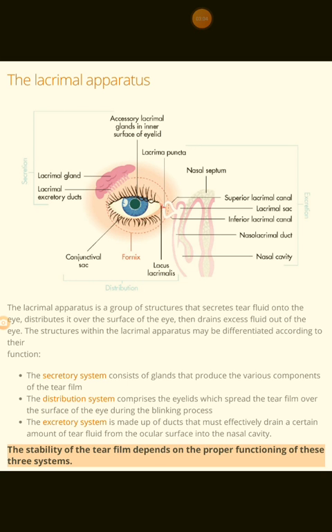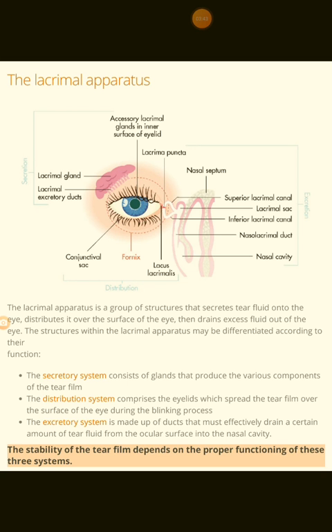Formed in the lacrimal gland, they pass through the lacrimal ducts, then pass over the front of the eye, then drain into the lacrimal sac either through the superior lacrimal canal or through the inferior lacrimal canal, and finally they go into the nasolacrimal duct, which is the lower expanded portion of the lacrimal apparatus, you can say. Nasolacrimal duct is an extended canal which extends from the lacrimal sac up to the nasal cavity.